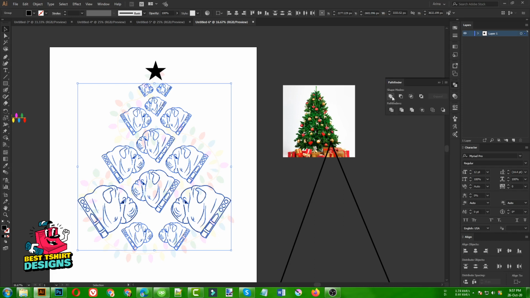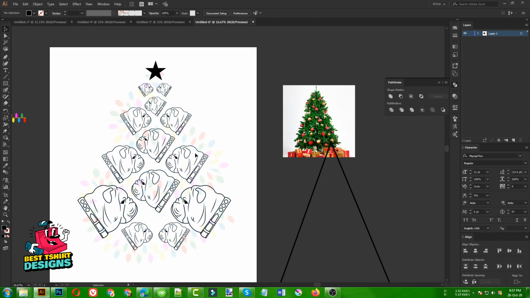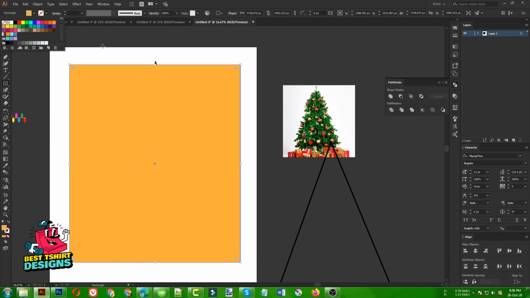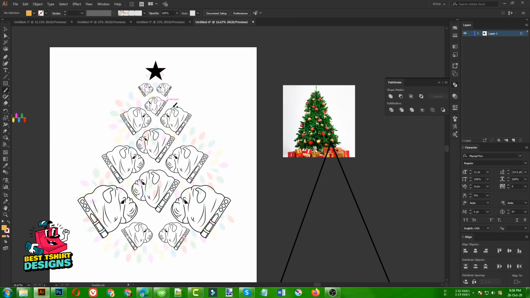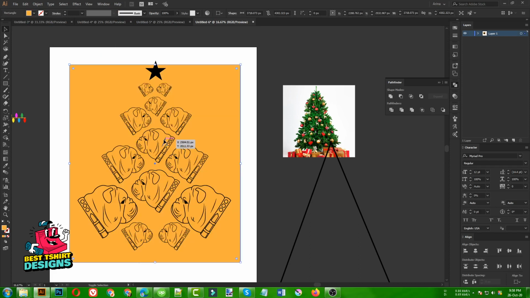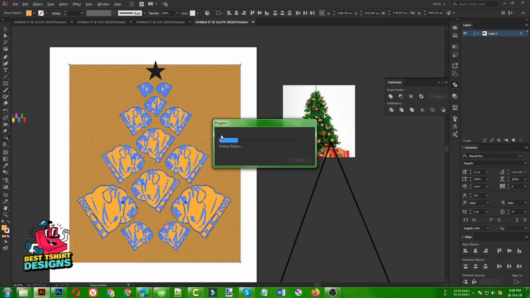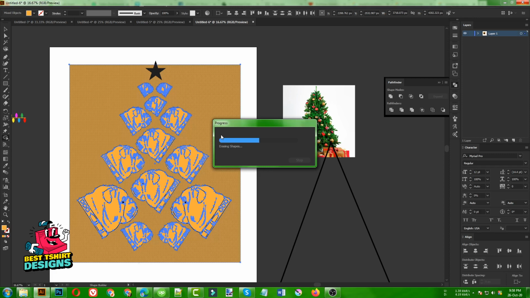Now I am going to merge them, and by merging them, it will become one single shape. So I need to add a rectangle here like this. Then I can put the rectangle in whatever color I want. Then cut, select my dog face group, press Ctrl B to paste in back. Now again select the dog face group, press Shift M to activate the shape builder tool, and as you can see, if I alt click here, it will erase the extra part that was outside of our dog face. So that is good for us.